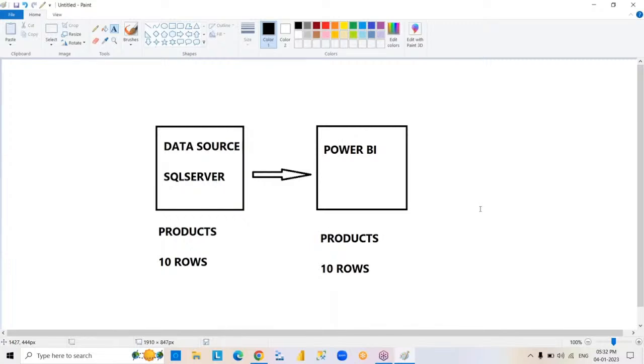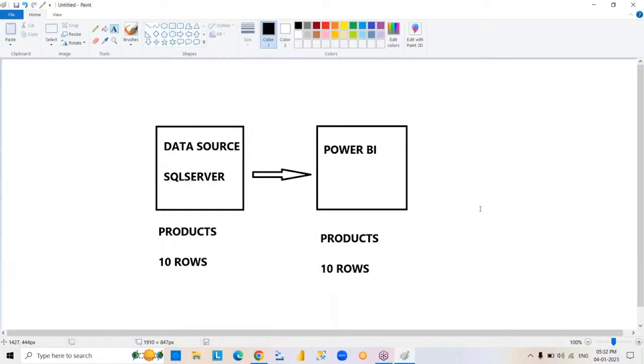Sometimes you're going to copy data from files also. Excel files, Notepad files, Word files, WordPad files. Like this, we have different types of files. So whether you are going to retrieve data from databases or files,